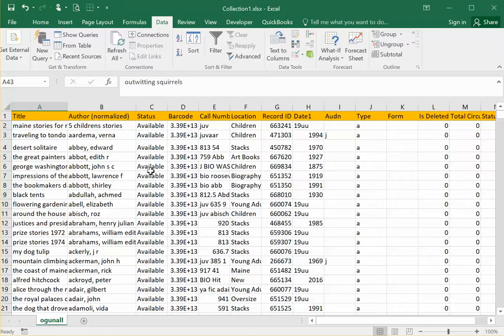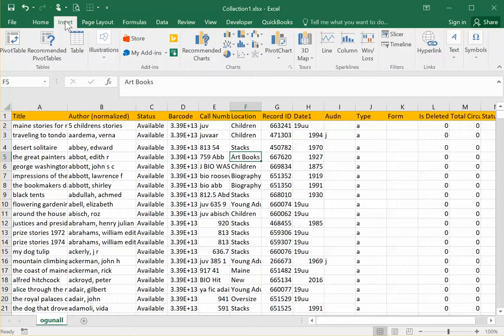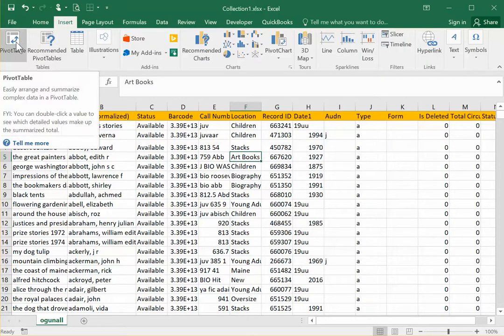Okay, finally, the real fun in a spreadsheet is to get summaries. For instance, here we have the locations: children, stacks, art books, biography, etc., young adult. How many of these locations does this library use? That's one question we could ask. Secondly, how many items are in each of those locations? And whenever we want to get summaries like this, counts, totals, that sort of thing, we do what's called a pivot table. And in Excel, the way you do that is you insert from the menu on top, insert a pivot table,